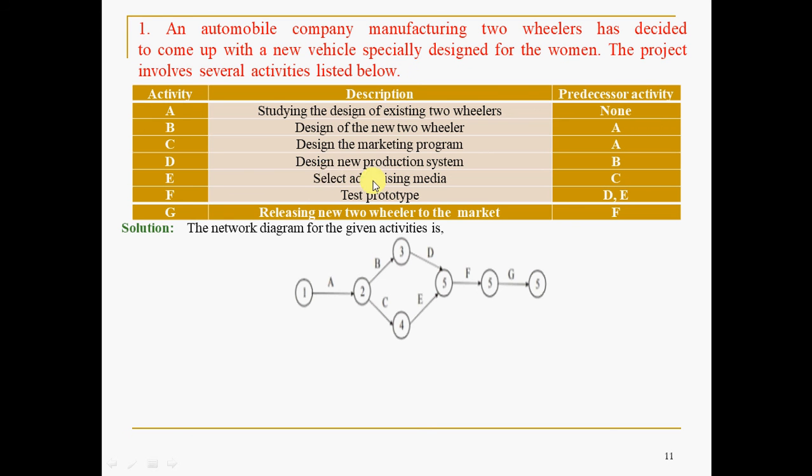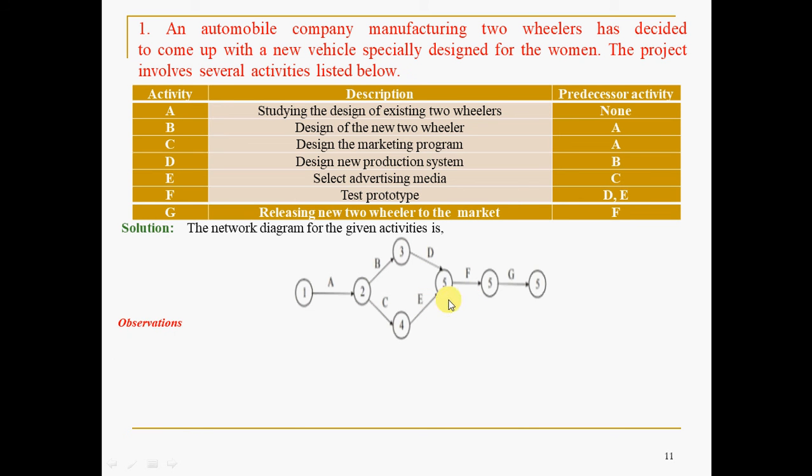Design the new production system, select advertising media. So production system is different, advertising media is different. Hence they are independent and concurrent, I mean there is no logical relationship here. Logical relationship means there is no interdependency of the activities. So you can simultaneously carry them. Fine. So it is not that you have to complete this task to take up that task, like in this case, that is in case of D and E. That's why you made them parallel or concurrent. And of course F and G, it is given after C something should happen.